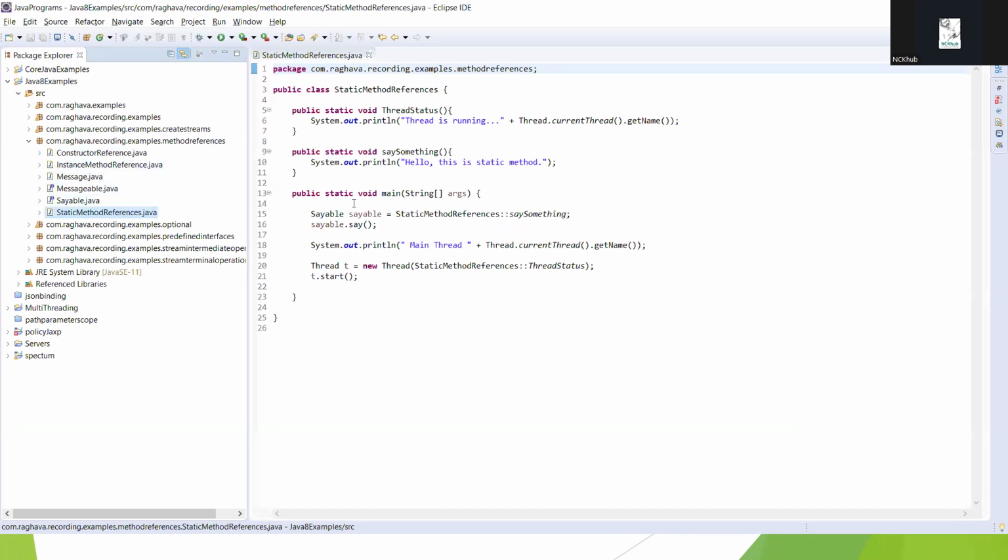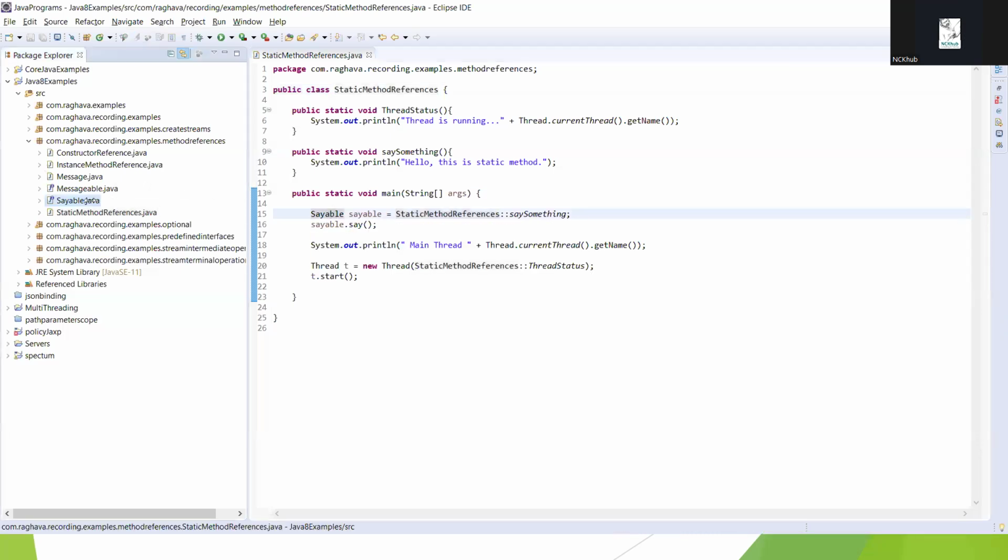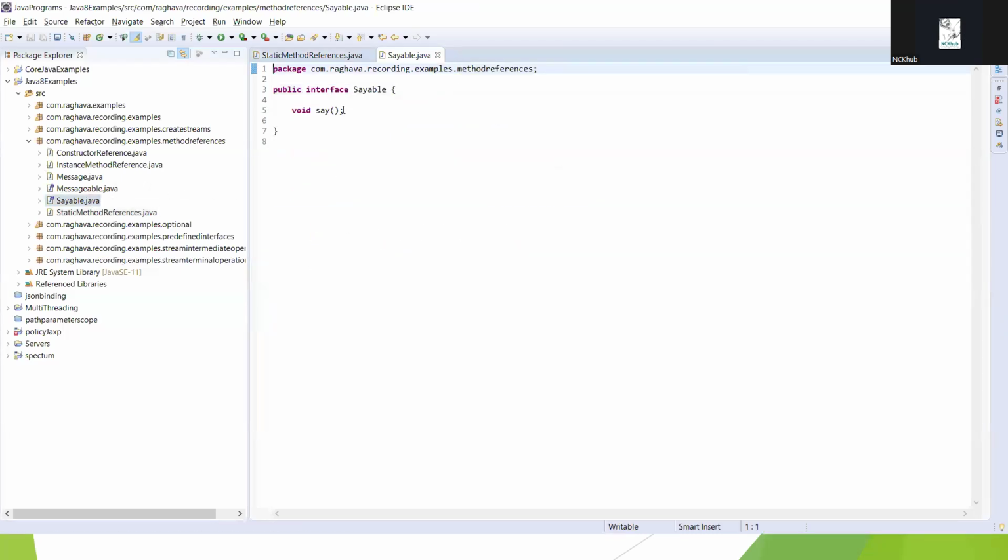So we'll start with static method references. So in this example, I created a class with static method references class. And here we have an interface where Sayable is the interface name. And this interface has one particular abstract method. So an interface with one particular abstract method is called a functional interface. Okay, here we have one interface. What I'm trying to do is